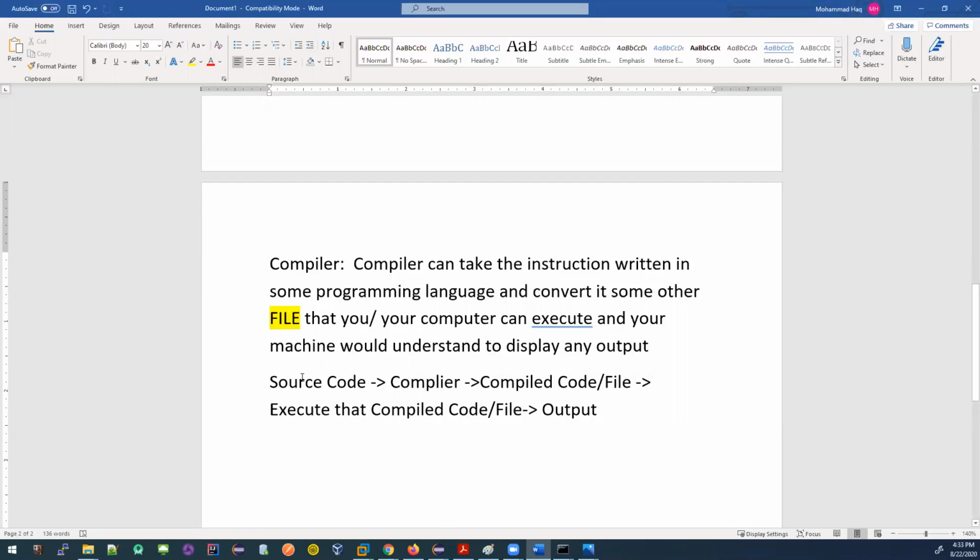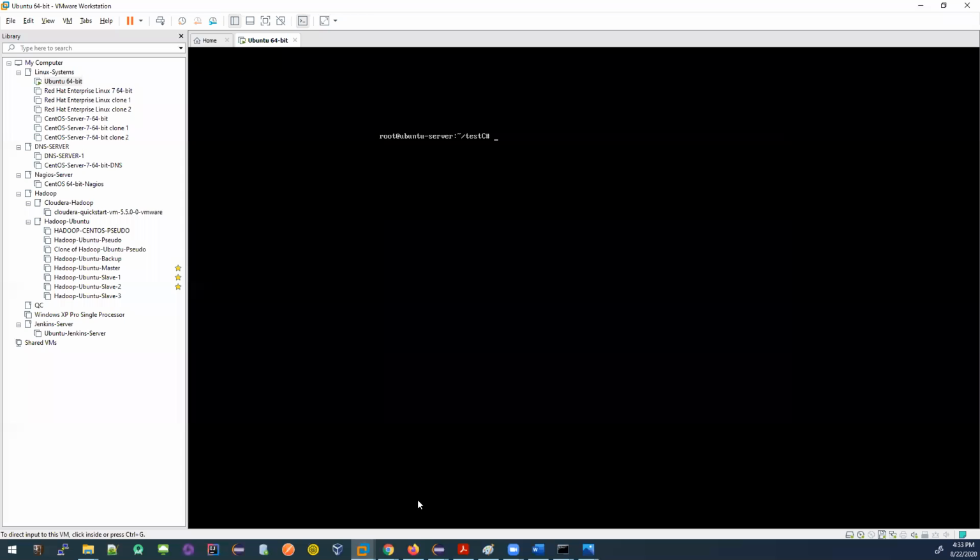Now, a compiler can take the source code and create another file, which is called a compiled file. In this example, the compiled file that I have created is called any name. I gave the name, any name. It could be any name. Or if I remove it, I can just say something, say